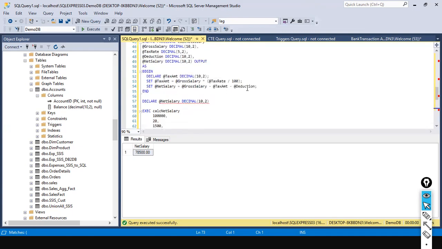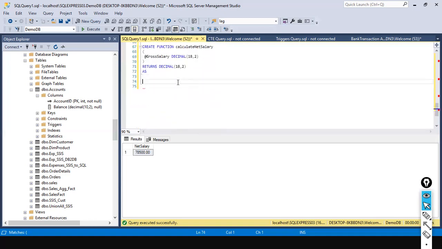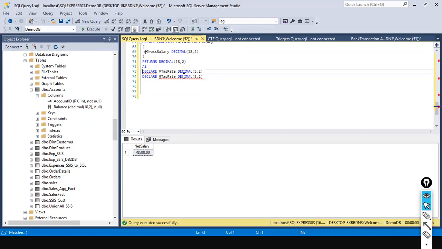So what I'll do is copy the same thing up to this, or else we'll try something a little bit different. I'll make it a little bit fast. Declare. Here you can declare some variable, the same thing, tax rate, decimal 5,2, and in this case, we need to specify it separately. Declare, and I'm going to use some